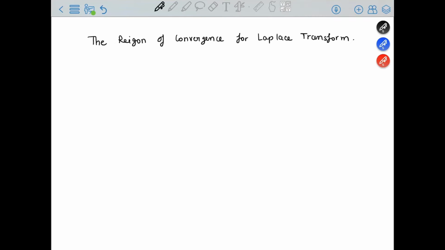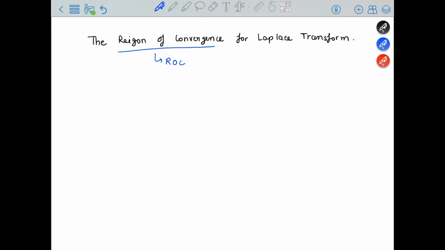Hello everyone. So in this video we are going to discuss the region of convergence for the Laplace transform. We have seen in our previous video how to calculate the Laplace transform, and I've already given an intuition of what the region of convergence is. We will refer to the region of convergence as ROC in further descriptions, and we will see the importance of the region